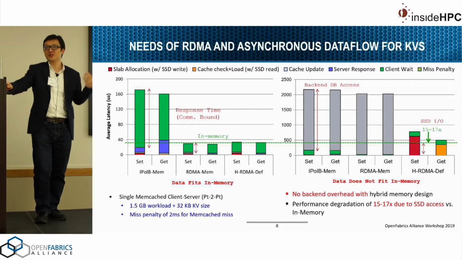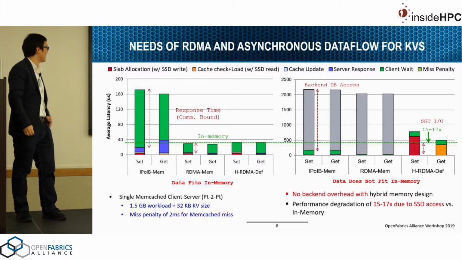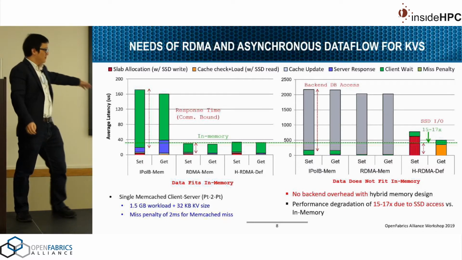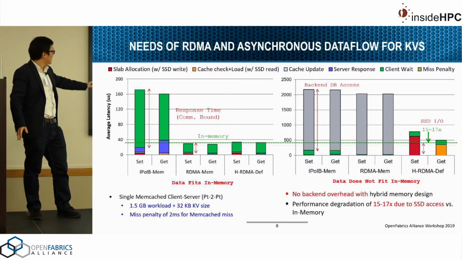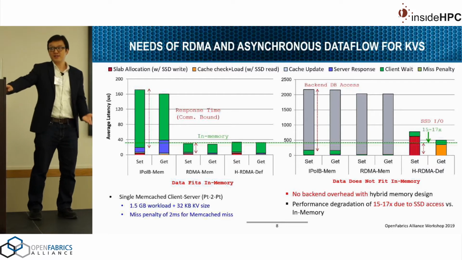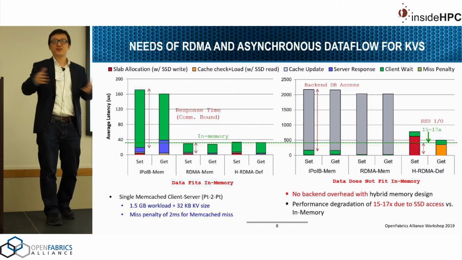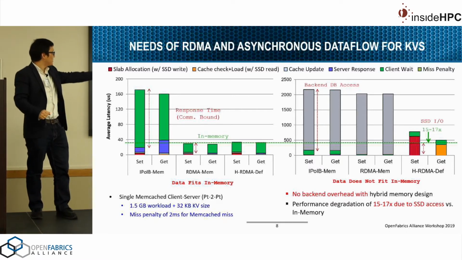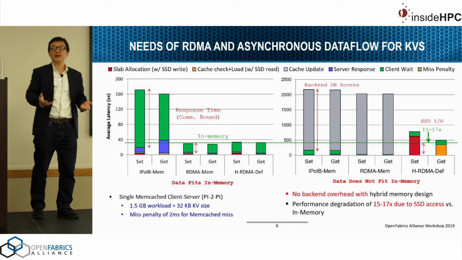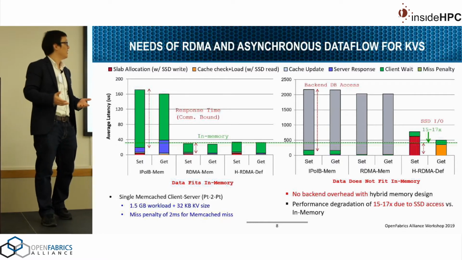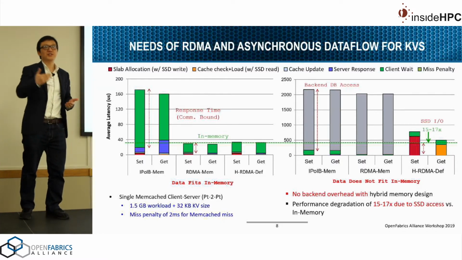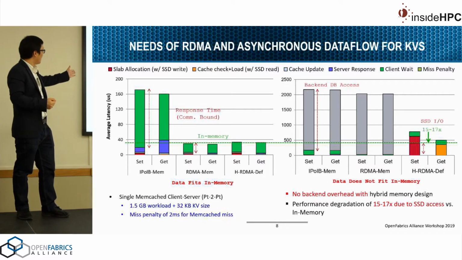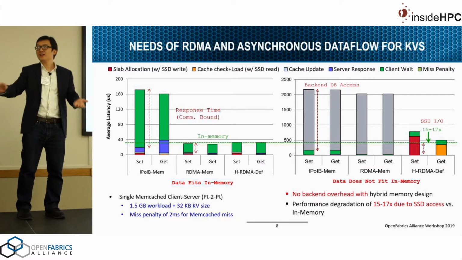If you look at the breakdown numbers, there are two graphs. If I stand in this way, the right side one is when your data can fit in memory, basically meaning all your key value pairs can be cached in memory. And the left side means if your data cannot fit in memory, then you have to evict some of them, and then you have to get the key value pairs from somewhere else. Let's start from the right side,